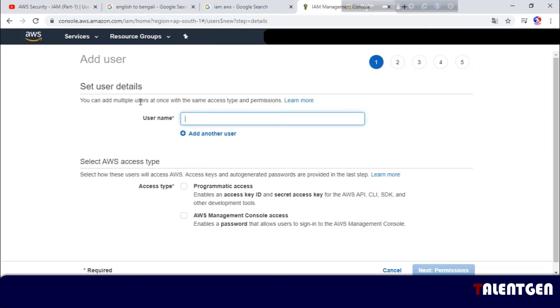You can add multiple users at once with the same access type and permissions. Now type the username: student.